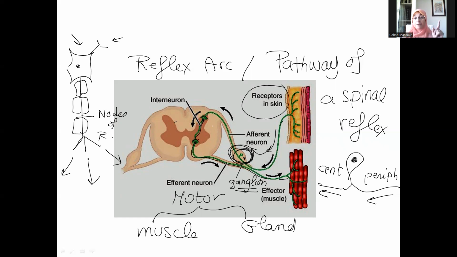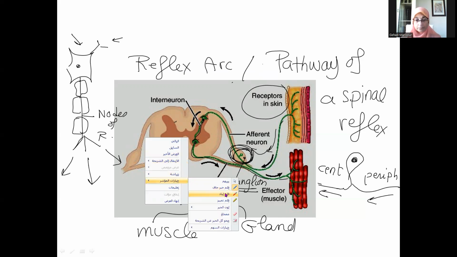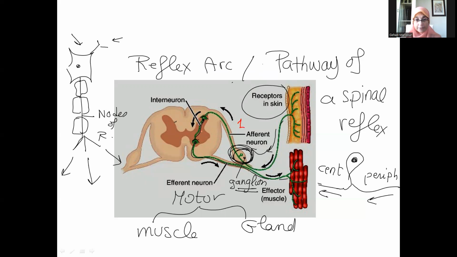تمام والinterneuron على فكرة مش كل الريفلكس arcs فيها 3 neurons يعني احنا هنا we have 3 neurons we have the afferent neuron we have the interneuron we have the efferent neuron يعني كده احنا عندنا 2 synapses a synapse is the place where the terminal end of one neuron ends on the cell body of another neuron فاحنا عندنا 3 neurons in this pathway وعندنا 2 synapses ده بيسلو داون الريفلكس شويه لكن